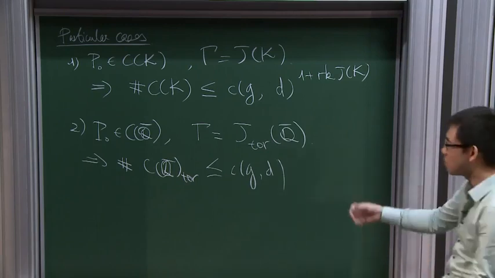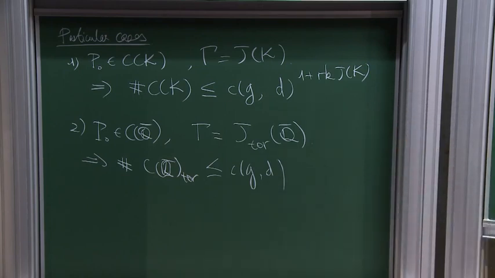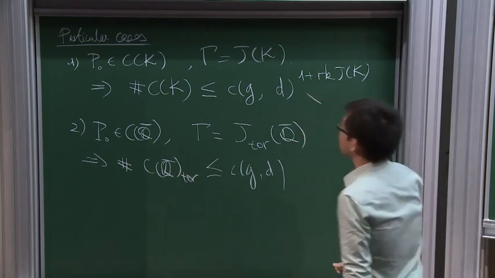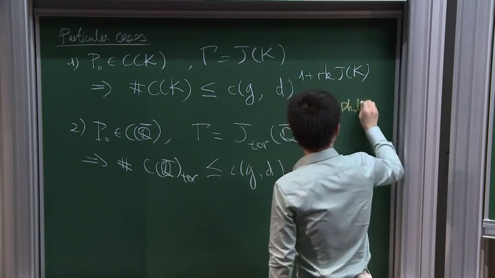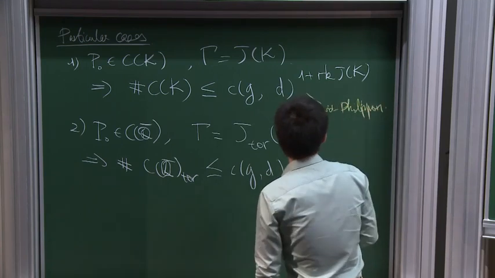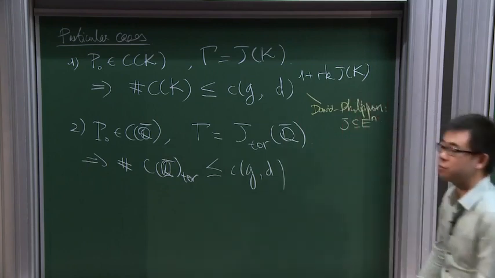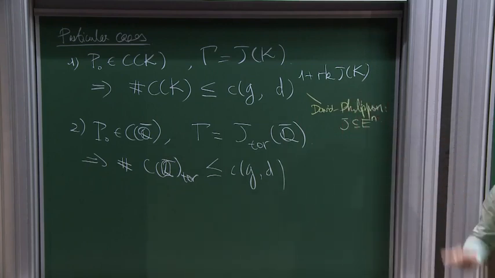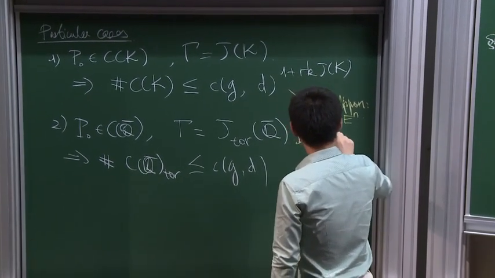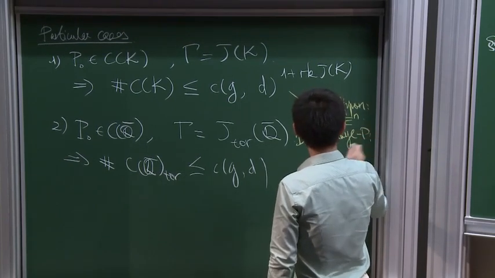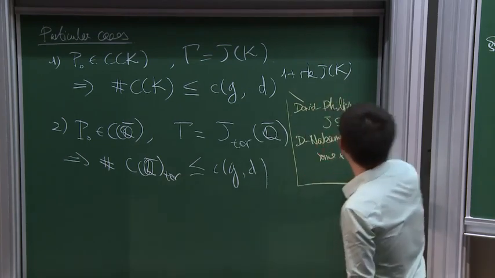Again, this dependence on D is really artificial, and of course, it shouldn't even be there, especially for the second one. And currently known results for the first one, in this direction: David and Philippon proved it for the case when J is a subvariety of copies of the semi-elliptic curve. And they also found some examples, David and Nakamaye